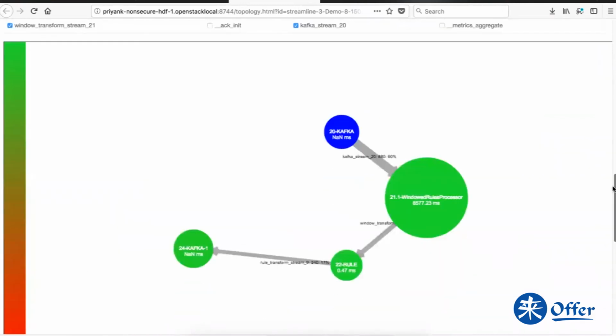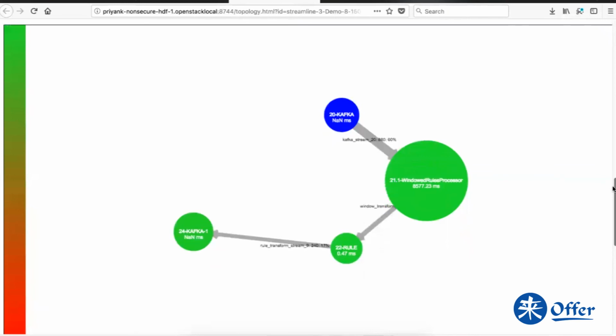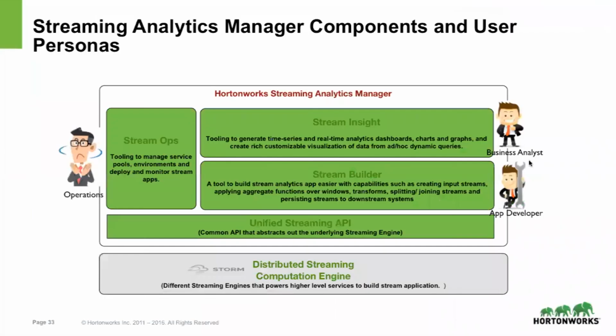So what we developed in SAM is actually this, already visualized on Storm. It has converted all the visual patterns that we built into code and deployed it into the Storm engine. Right. So that's what happened when we hit deploy: the stream builder goes to the unified streaming API, and then on to the